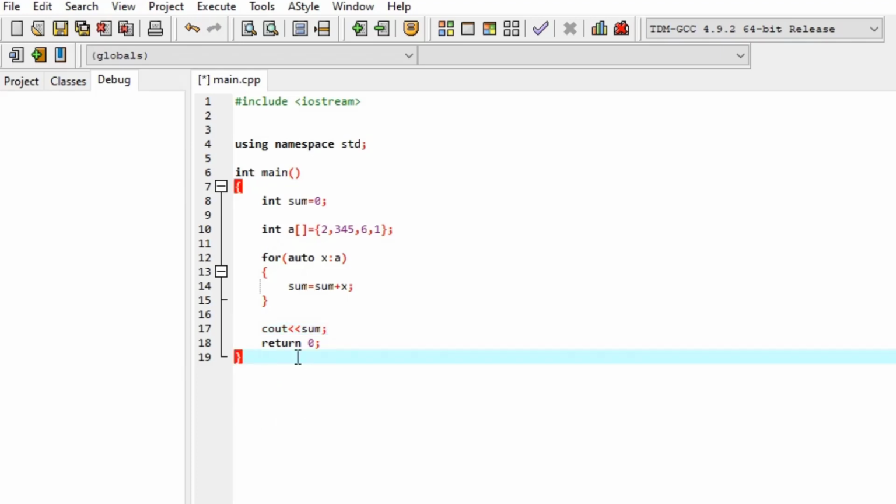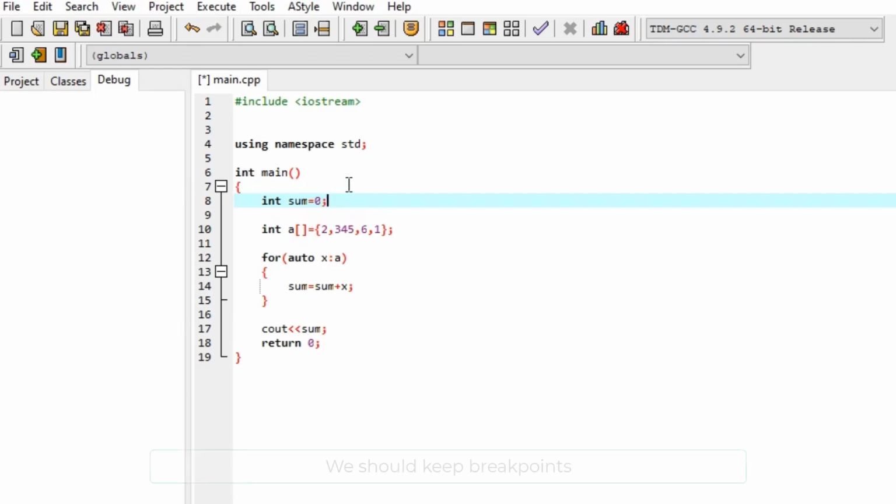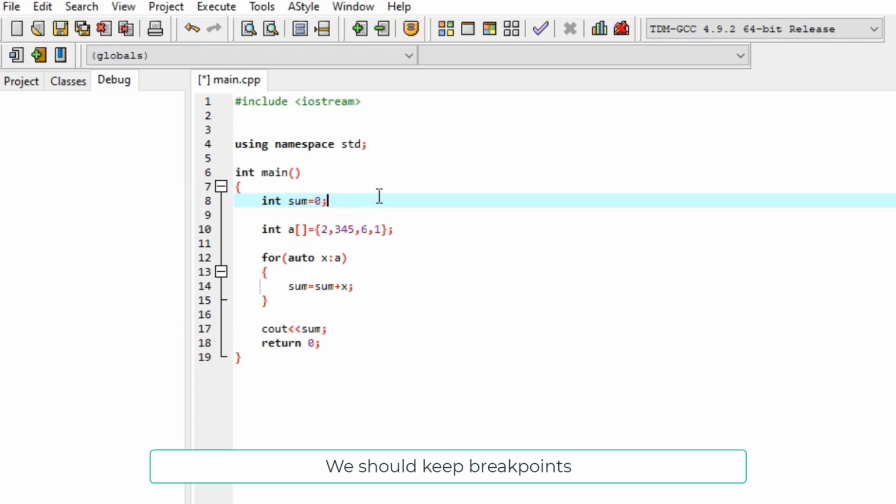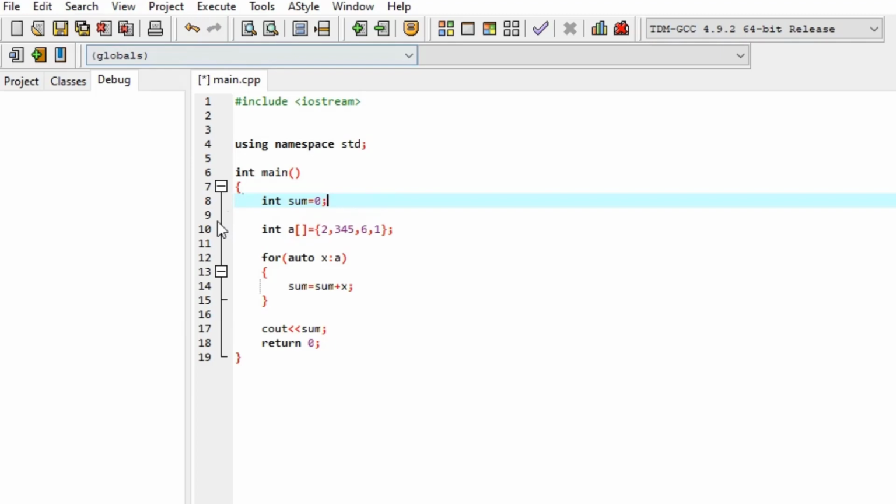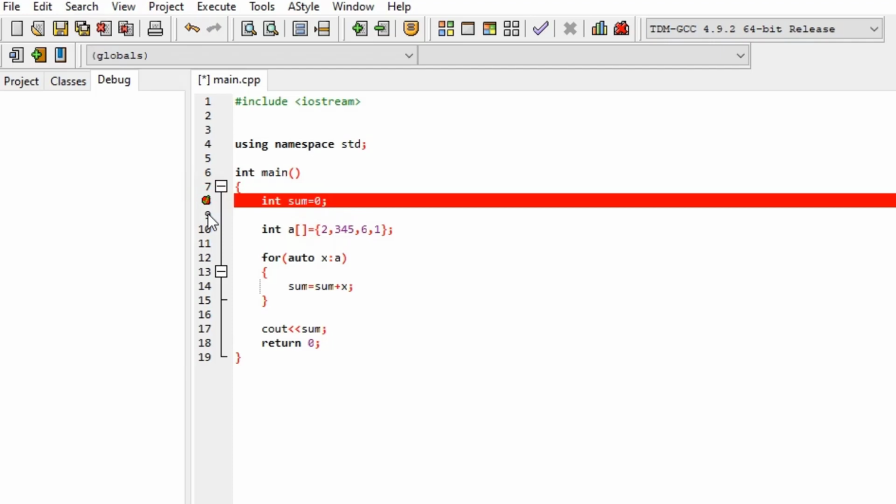Before using a debugger we have to put a breakpoint on any statement from where we want. Keep a breakpoint, like an on and off toggle button. Here I want the debugger from the starting, so I am keeping a breakpoint here. The tick mark came, so we can observe it.